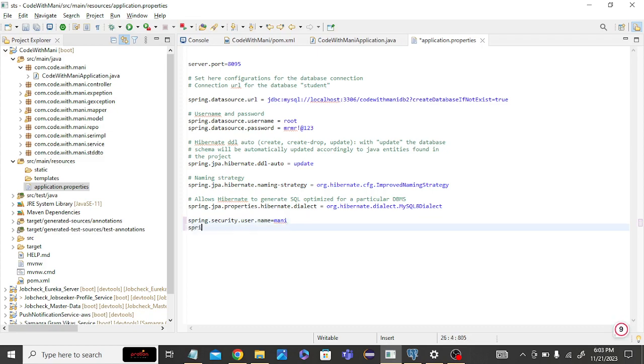And spring.security.user.password. What password do you want to give? Suppose I want to give the password as code. Previously the username was user and the password was generated in the console, but now by default it will be money and code. Save it